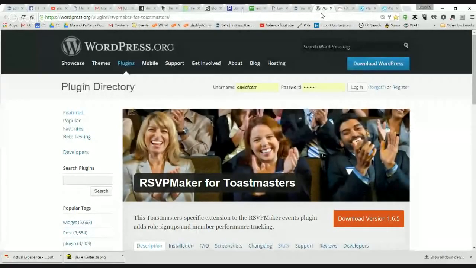So this is the page you would come to if you wanted to download the software and install it on your own server. That's something that would be more appropriate if either you are or you have somebody in your club who is a techie or a web developer, web designer. Maybe they have a server space that they'll give you for free, or maybe your club decides that it wants to have a website at its own domain.